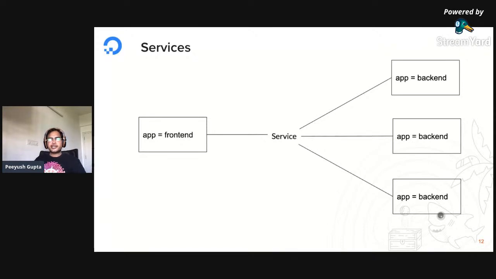So if you see in the diagram, we have three backend applications, right? And then we have a front-end application. Now, let's say you're okay with your front-end application. You don't want to load balance it or make it highly available. It completely depends on your choice, right? Anyways, the idea here is when you have three copies of your backend application, it's going to have three